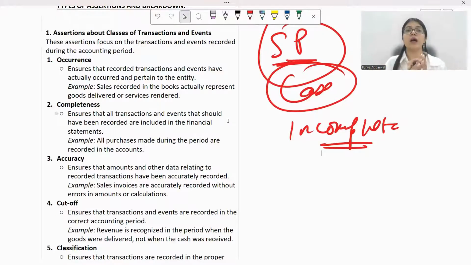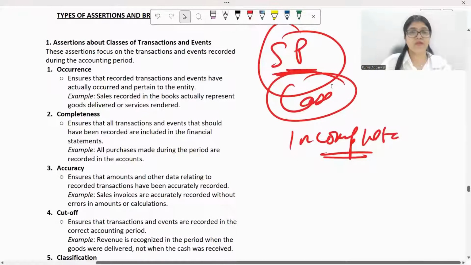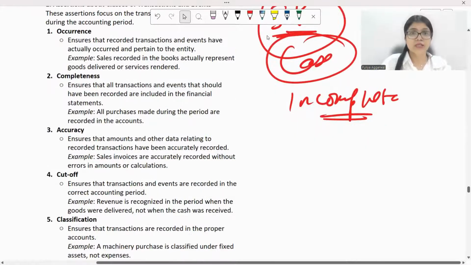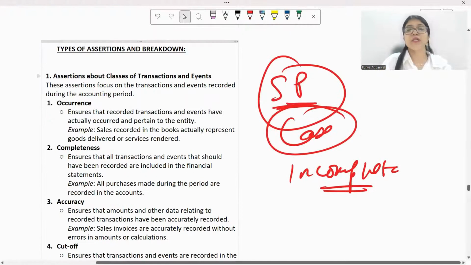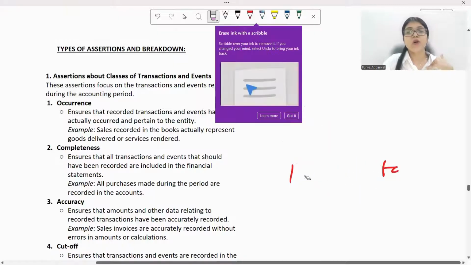So that is the reason I came here to explain all the major common assertions that we usually test in the paper, and the verbs as well. I hope that this video will be helpful for you, and please watch till the end, so that you understand every bit of it. Okay, now let's start with the main aspect. I have bifurcated your assertions, the types of assertions, into three categories. Then we'll be going by category so that we understand them really well, and we are also able to write them in our answers.